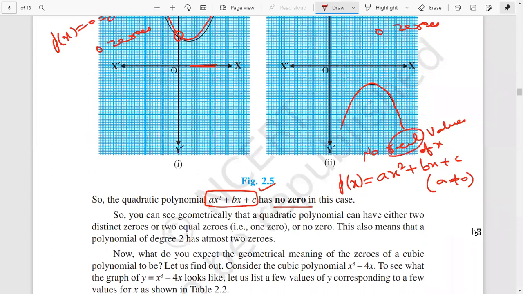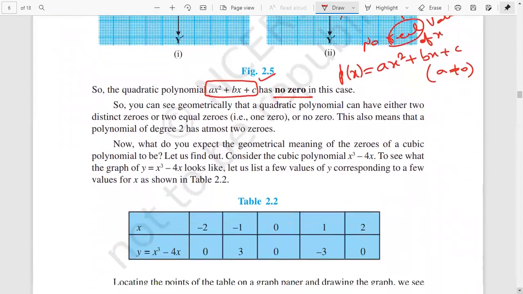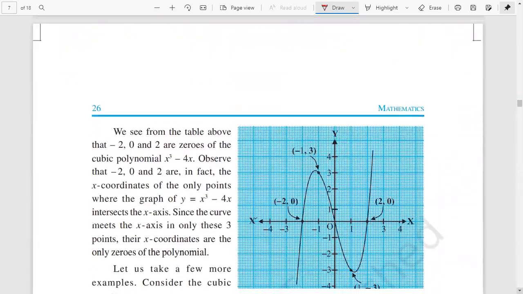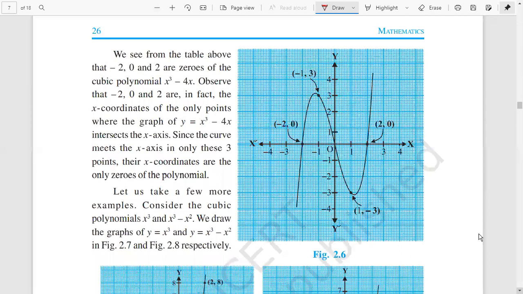Real means real numbers. Real numbers basically vary from minus infinity to infinity. Any number we think of, rational, irrational, integer, fraction, decimal, whole number, natural, all are real numbers. So no real number of x exists for which p(x) is 0. Correct. These are the basic understanding of no zeros, no zero of the given polynomial in our previous case.